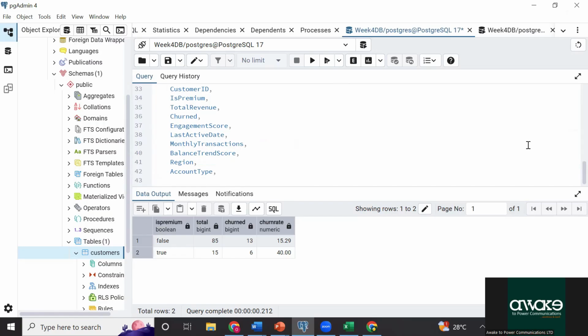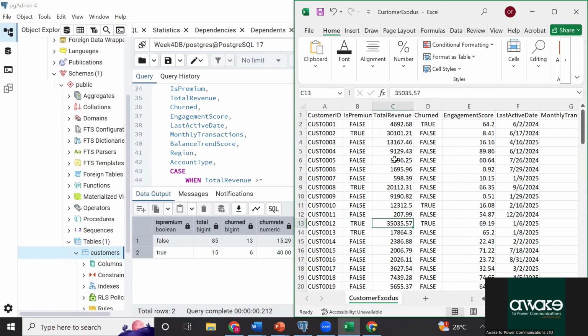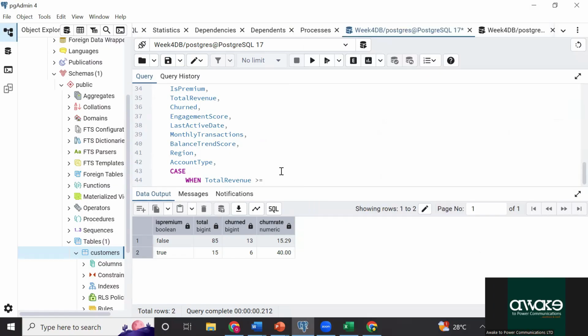So we'll say case when, since we are breaking the customer into different tiers, we are going to be using, at least we have 3 tiers, right? So we will go on to say when. So we are using total revenue, isn't it? Okay, so let's copy total revenue from here instead of typing it, but you could type it. So say when total revenue is greater than or equal to, let's say, 10,000, right? Let's see what we have in total revenue, basically, so that we segment properly. Okay, so this will work. So say 10,000,